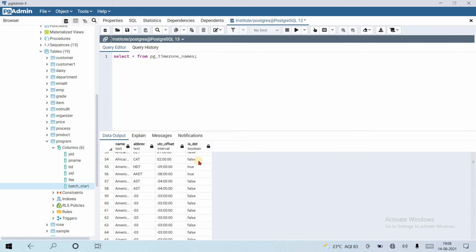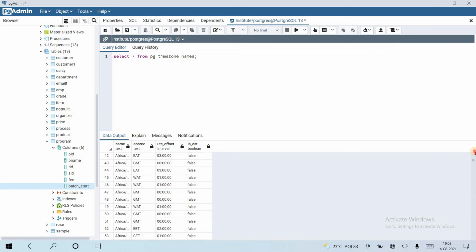Here HDT, AKDT, ACDT are true. Or you can see the abbreviations using select star from pg_timezone_abbrevs.